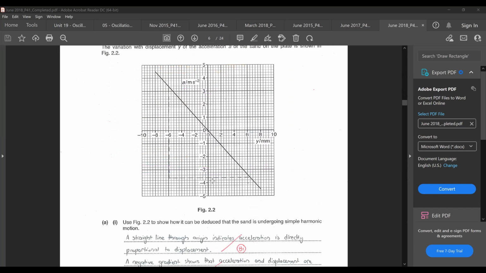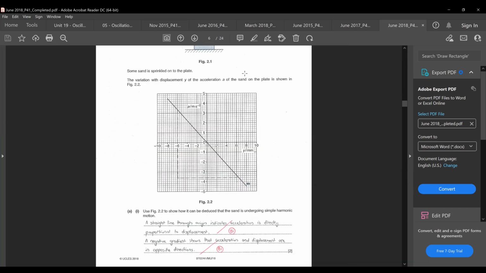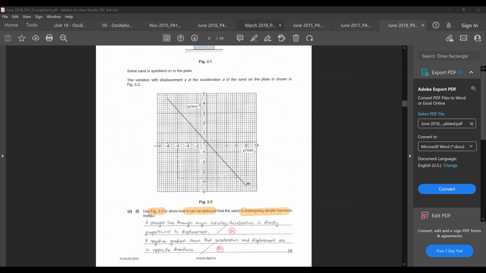So in our current case, they ask you to use the figure to show how it can be deduced that the sand is undergoing simple harmonic motion. So this is your standard vanilla acceleration versus displacement graph. You can see from this graph that this object is undergoing simple harmonic motion. So that time I told you a is negative omega square x. If you plot a graph of, say, a versus x, after comparing it to y equals mx plus c, you should get a straight line graph